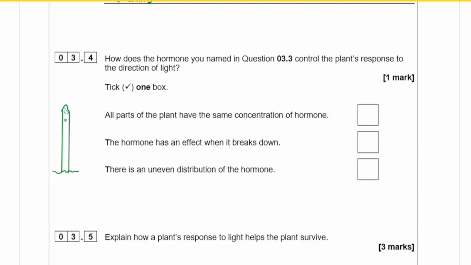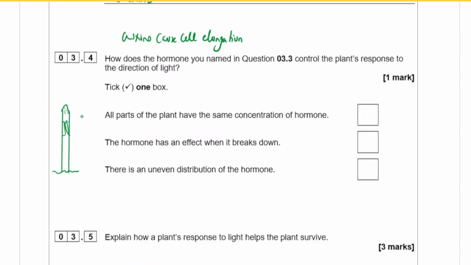Now as it goes down, what auxins cause is cell elongation. So it's not multiplying the cells, it's actually making the cells longer. When the auxins reach the cells, the cells on both sides will grow longer, causing the entire